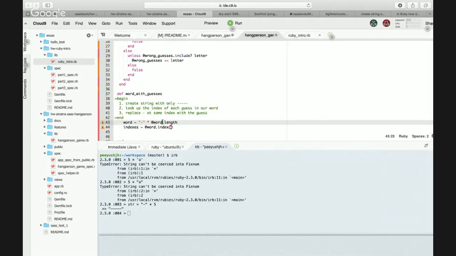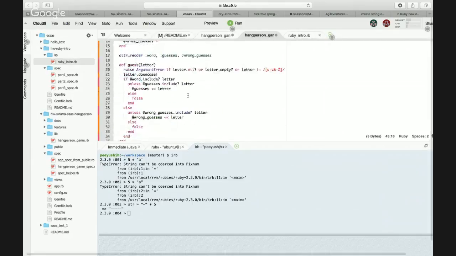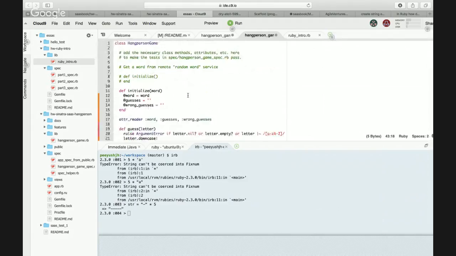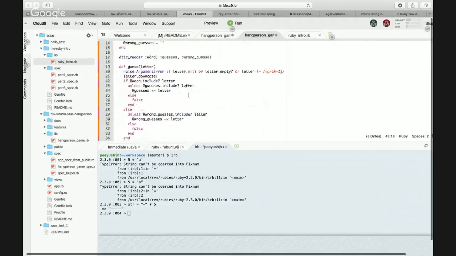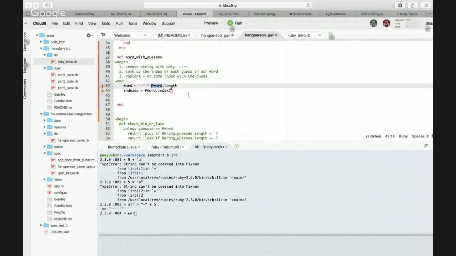We've already set the getter for this word, right? So as we have set the getter, why not use that getter itself instead of directly mentioning this instance variable?